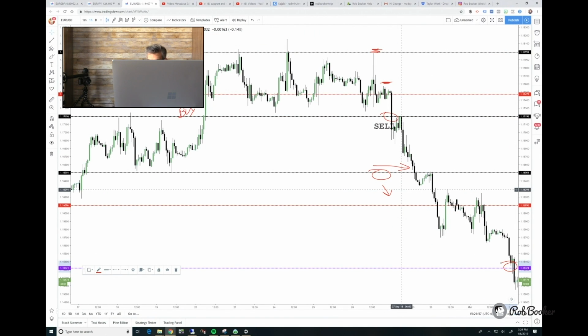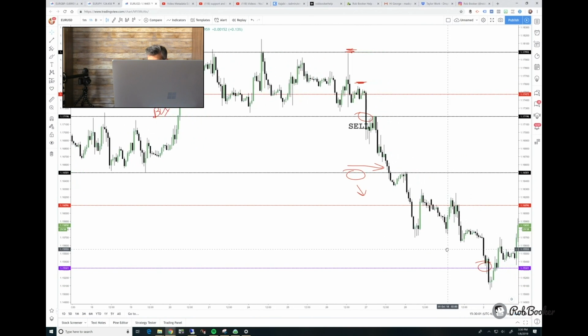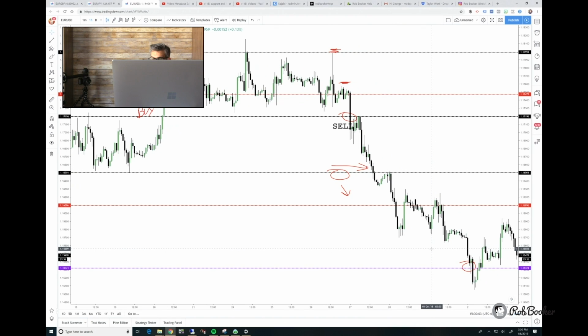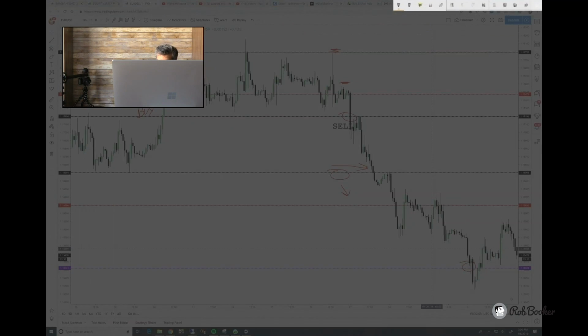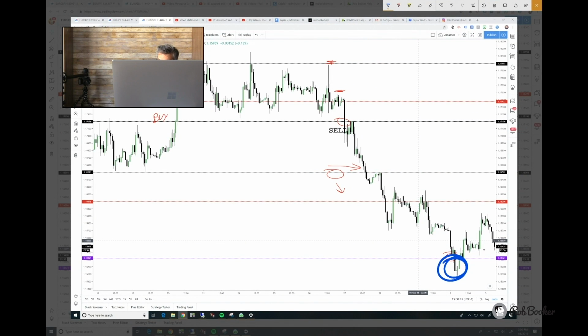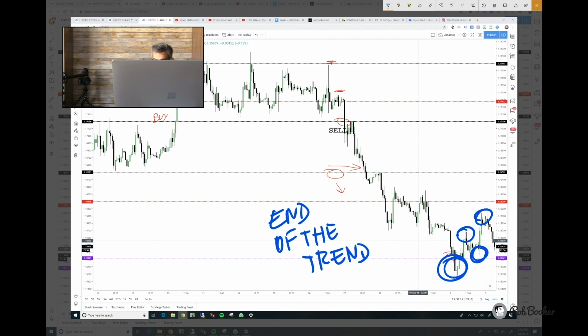What changes then as we fall farther and closer to our purple area of support? Well, this is what happens. We make a low, and then we make a higher low. We make a high, and then we make a higher high. That is, for me, the end of the trend. It doesn't mean it's the beginning of an upward trend. It does mean, however, that we have passed from a downward trend at least into an area where price is